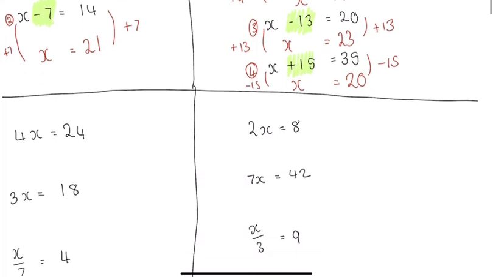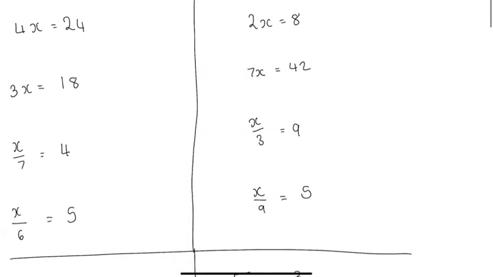Let's have a look when we've got something that looks a little bit different. Now for this first one, I've got 4x equals 24. Let's have a think about what this means. Now 4x means that I have 4 lots of x. Now if I've got 4 lots of x, another way I can think about that is that I've done x